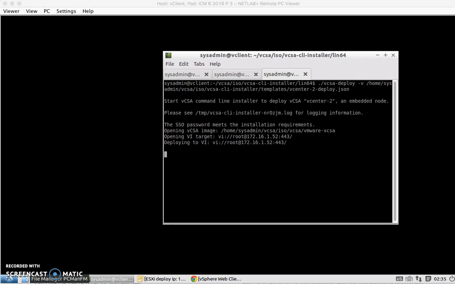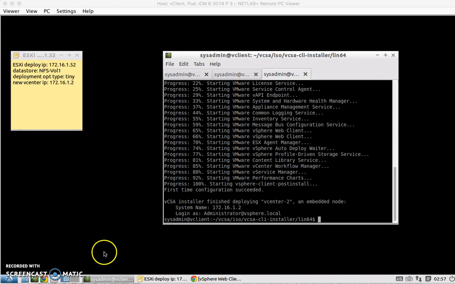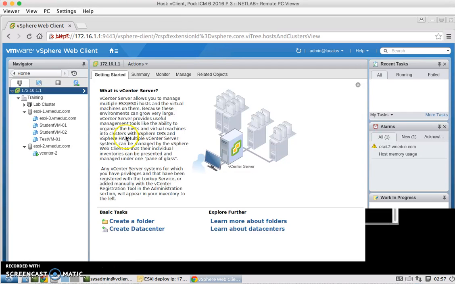And basically the deployment will be going through the JSON file to check the parameters and syntax. It'll initiate the connection to the targeted ESXi host server. It'll deploy the vCSA OVA file, and then it'll install and configure various services. Now that's done, we're going to go back to our vSphere client, and we're going to set up our